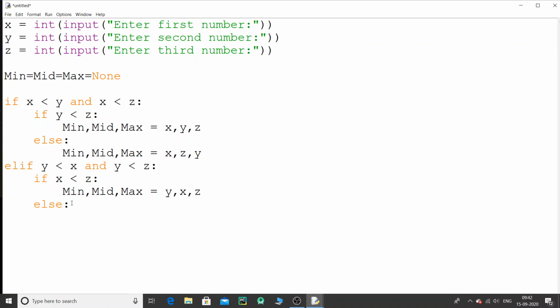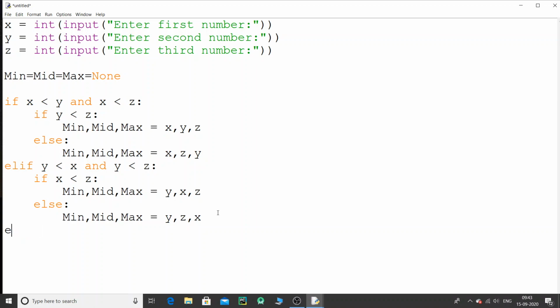Now please understand, this else is of this if. You can check the indentation, they are in the same line. So this else belongs to this if. So you need to practice this, children. Only then this concept will be clear to you. And so this condition got satisfied, which means y is the max value, but this condition got false. If it got false, which will mean that x is my max value, if I'm not wrong, right? And z will become my mid value,